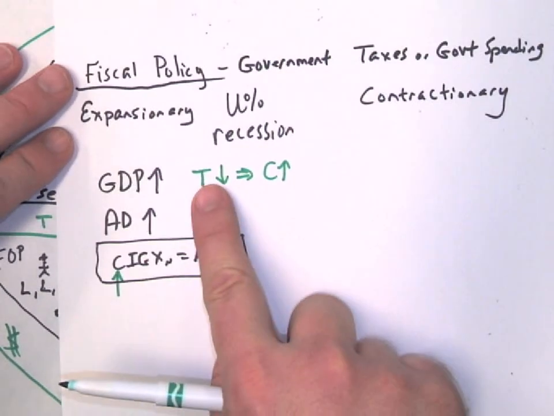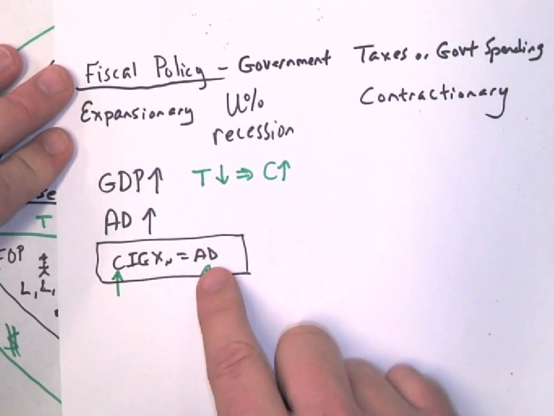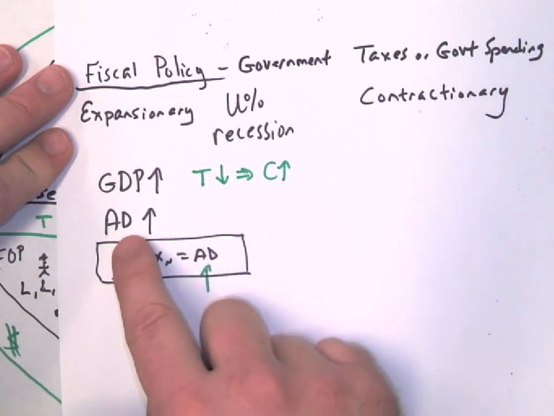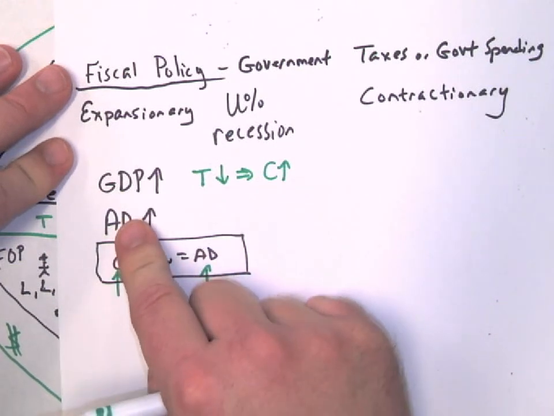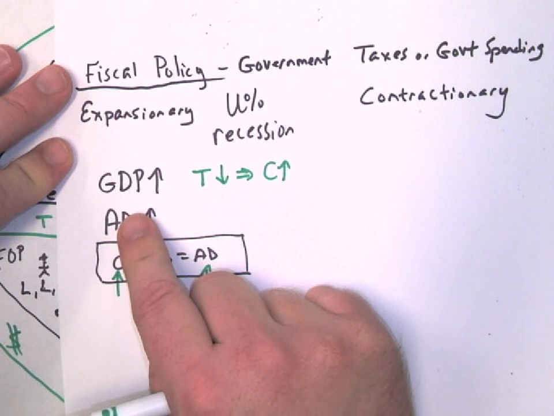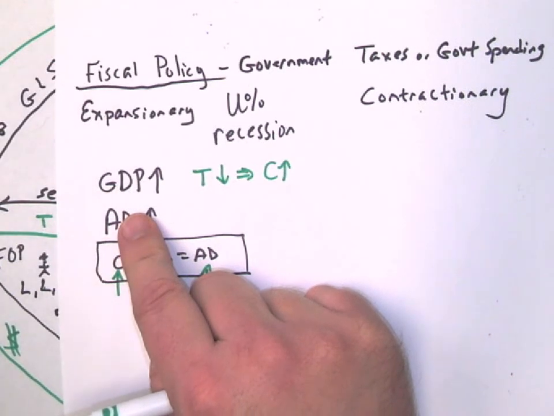So we see it right here. Taxes decrease, consumption goes up. So both sides of our equation happen. So if demand is going up, if you go to buy products, they have to make them, don't they? So GDP is going to go up. Our gross domestic product, what we produce, will increase if we get people to go out and buy it.